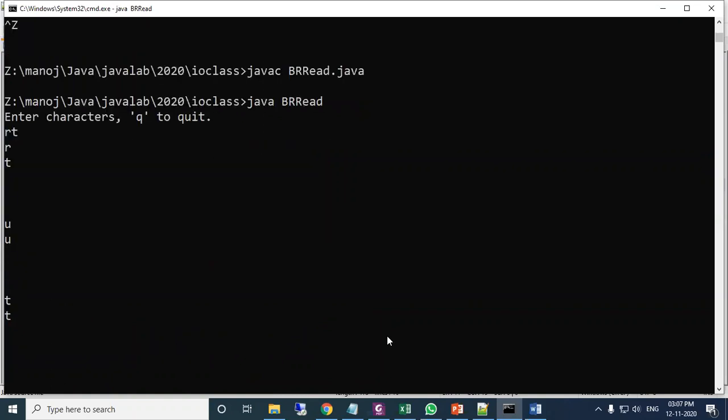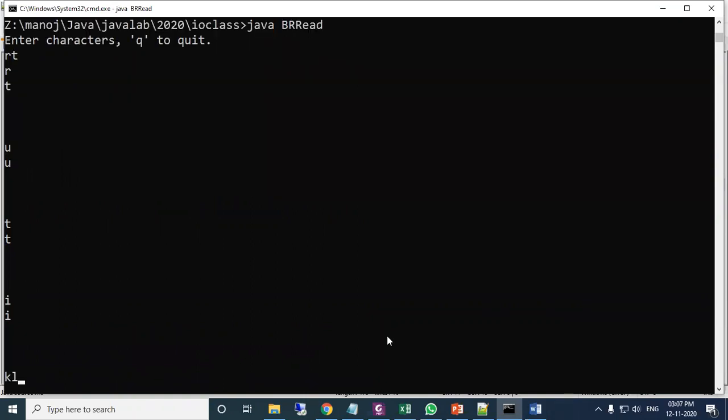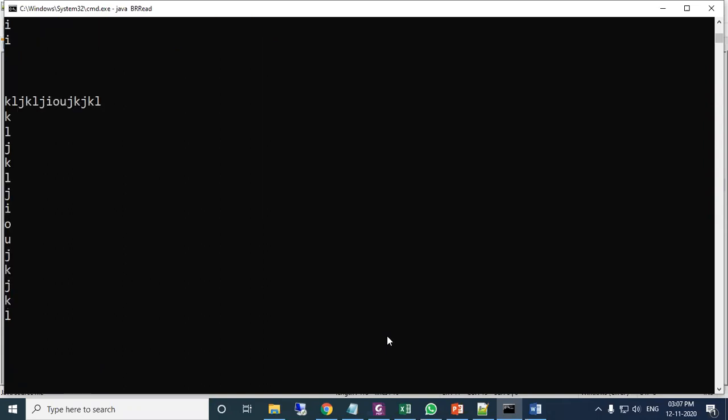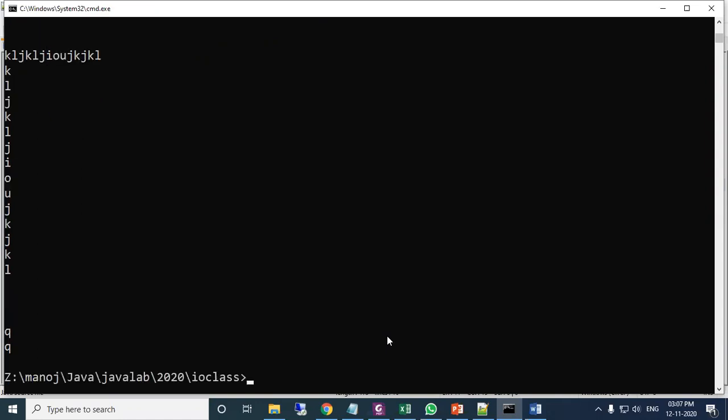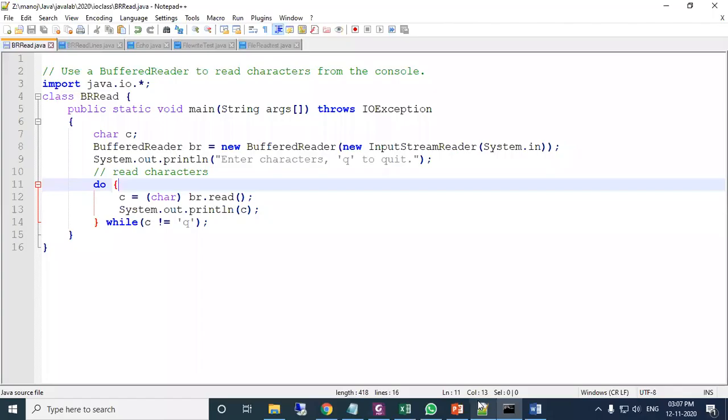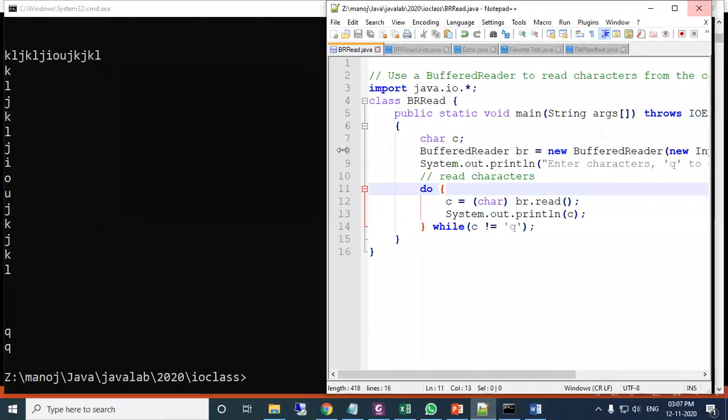Suppose I entered many characters, they are stored in the buffer, and one by one the data comes to the screen. When I press q and enter, the loop terminates and comes out of the loop. So that is the program we have discussed here.